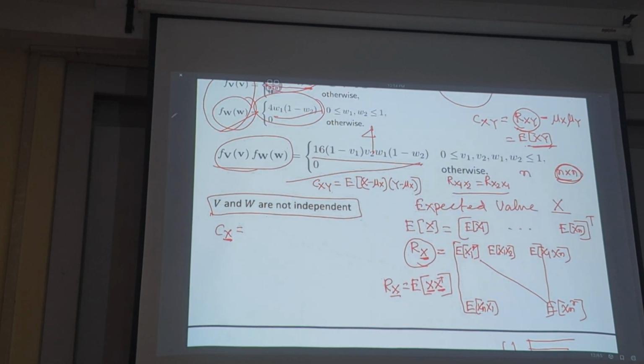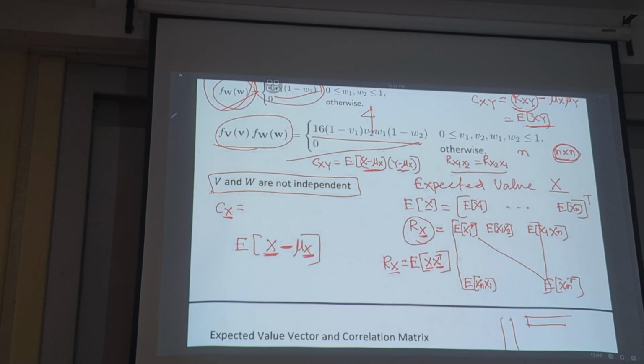The xy. Here, it is the expected value of this one and this one. Then, to calculate the covariance matrix, what we need to calculate is this vector. Once we have this vector, then the outer product of this vector